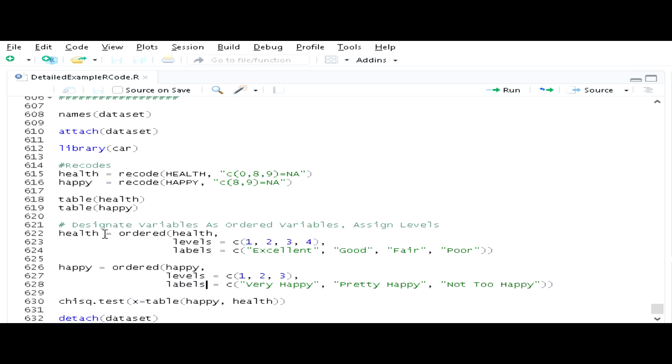And for each of these, I'm going to make a new object. This is the object that's going to be within the dataset's data frame because of the attach command that I ran. And I'm going to make one object called health, which is just going to overwrite the existing value of health that I recoded. Another one's going to be called happy, which is going to overwrite the existing value of happy that I just recoded here. And then I'm ready to basically use these values in